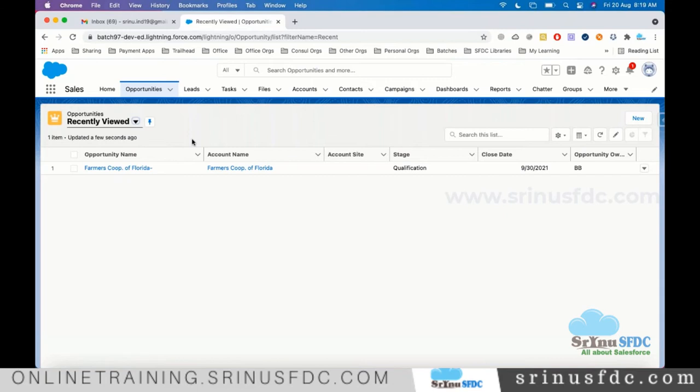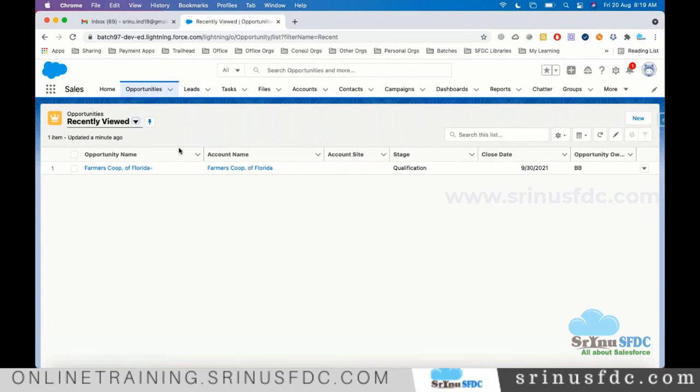Here, an application is nothing but, since people refer to these tabs, these objects frequently, showing all those tabs together in one place, and they are calling it an application. So you don't see anything like application-specific data being stored, and only available in the Sales application. It is not like that. Okay, so just to have that understanding.